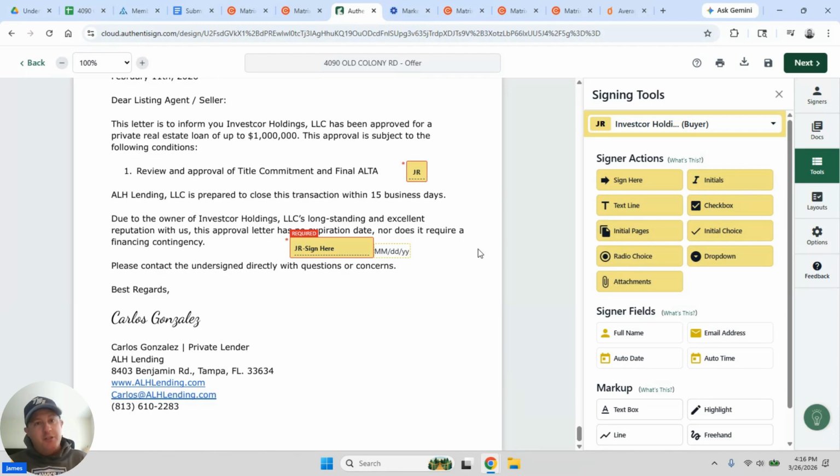But my suggestion is to call the listing agent, because building the rapport with the listing agent who gets deals like this, maybe they get a lot of these. And maybe you can build that rapport with them like, hey, my name's James. I'm with Investcor Realty. We work with a ton of investors that look for properties like this. If you're ever getting something like this, we'd love to know about it right away. Obviously, there's clear cooperation. We're not trying to violate that or anything, but building that relationship with the listing agent,